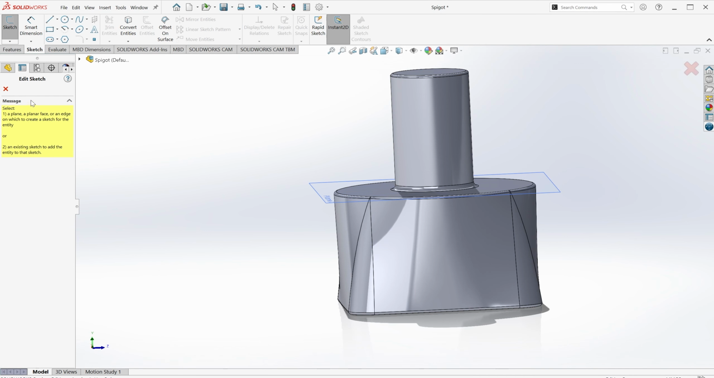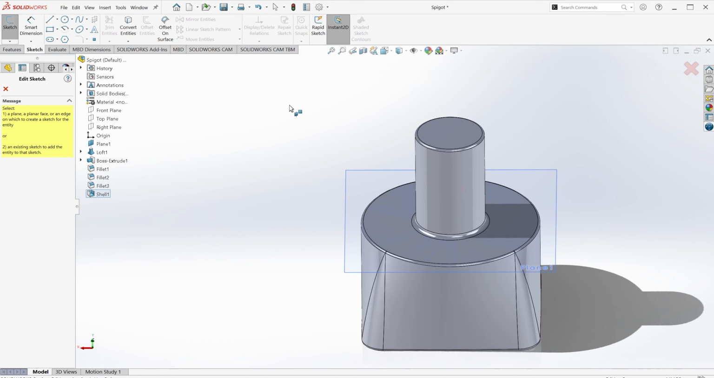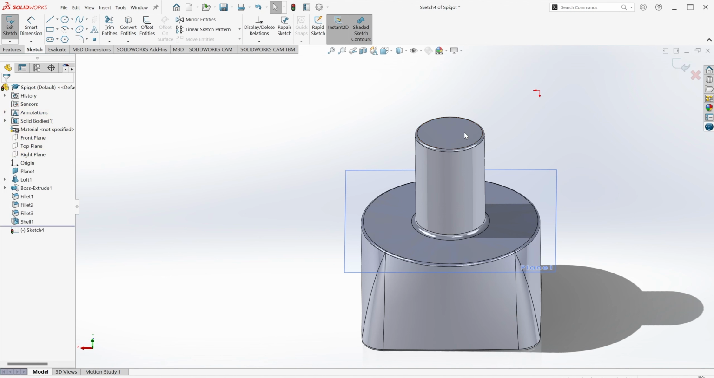So as usual, in the dialog box here, you'll see a message that says, where do you want to create the sketch? In this case, I would like to draw a sketch. Going to create a kind of a loop here, which starts on the top of this boss, extends down, and comes down to this face here. I'm going to start on this face,